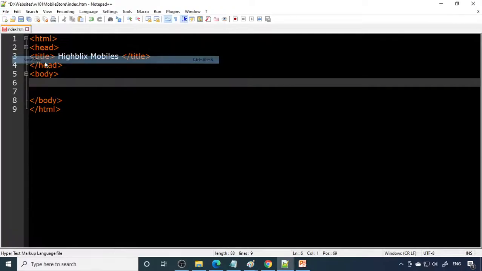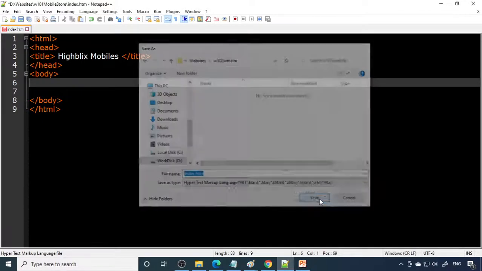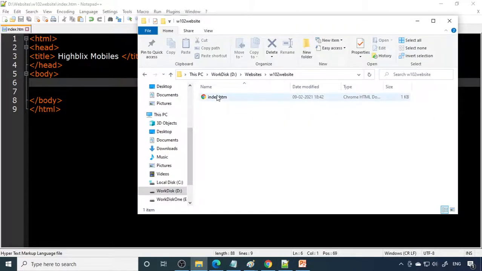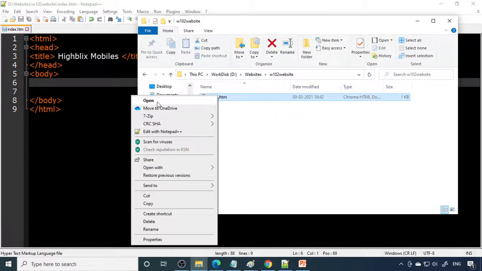Now I'll go to Save As and choose this new folder, the website folder. I'll save this. Now you can see there is only one file, index.html, which is what we just created. If I run this file, I right click and choose open, so it opens from your location.